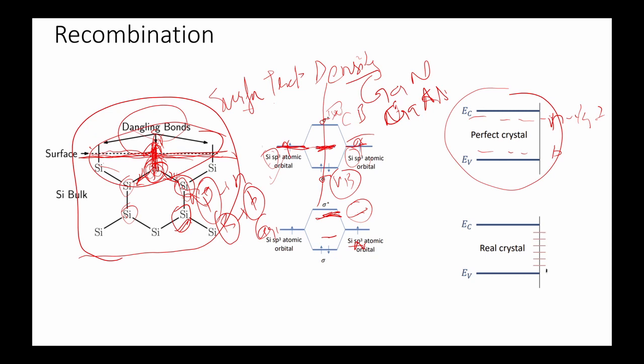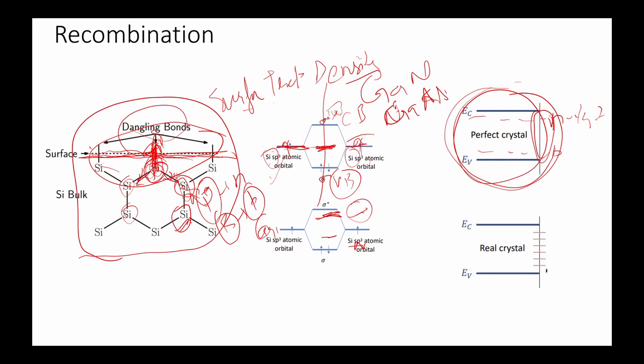Okay, surface trap density. To reduce the surface trap density, we can coat with a single atomic layer of a foreign material. So this is a perfect crystal, where there are no trap states at the surface. But in reality we cannot have that,